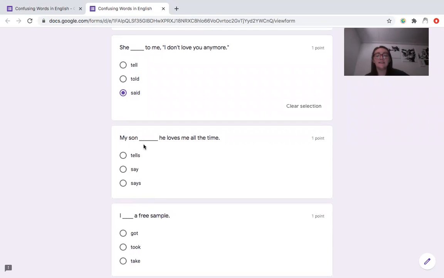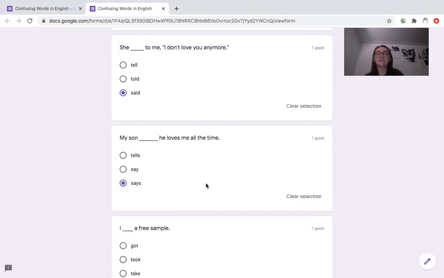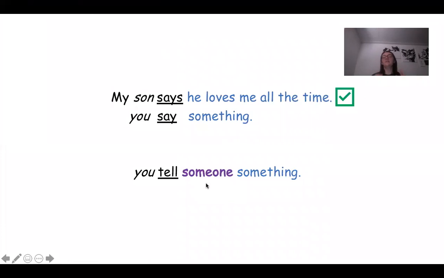My son says he loves me all the time. You say something, right? So it says, my son says he loves me all the time. Now, this one kind of has to do with some verb tense that we learned, right? It's say, but we use says, right? Because in simple present tense, when you're talking about one person that isn't you, right? When you're talking about he or she or it or somebody that you don't know,